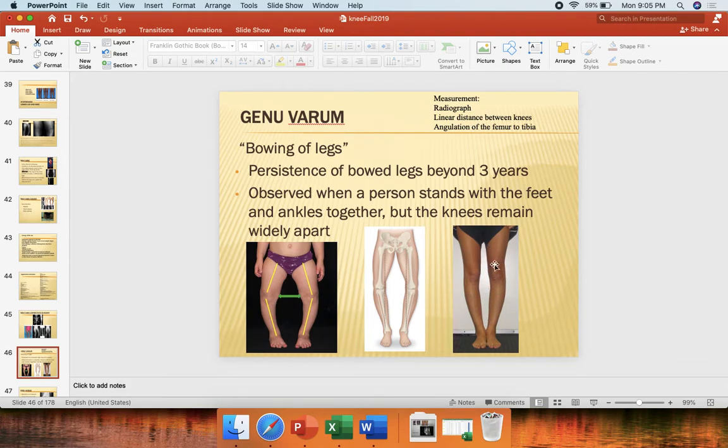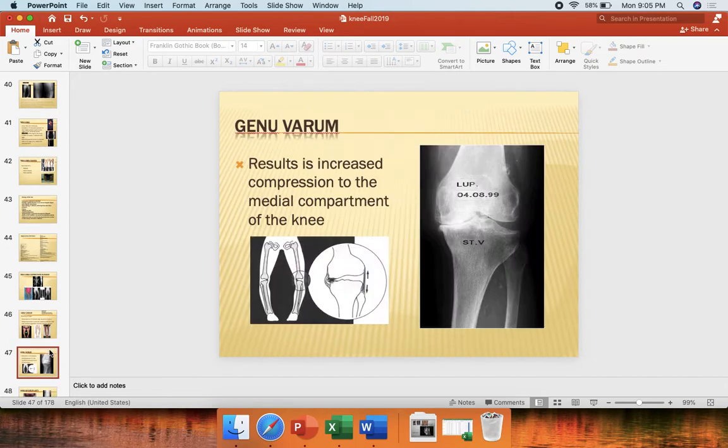And as we do this in class, hopefully you can get the chance to see someone without Genu Varum, and you'll appreciate that their knees are going to come together and be really close to touching, if not touching. And then the increased space, we would call it Genu Varum, and then there are severities of that, or increased distances. So moving on down,